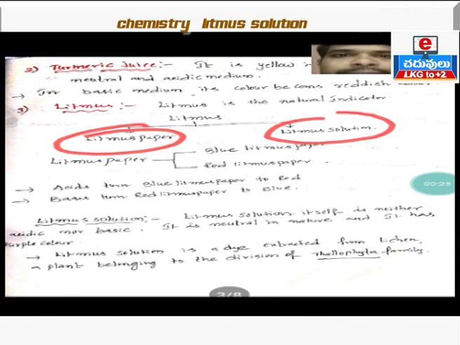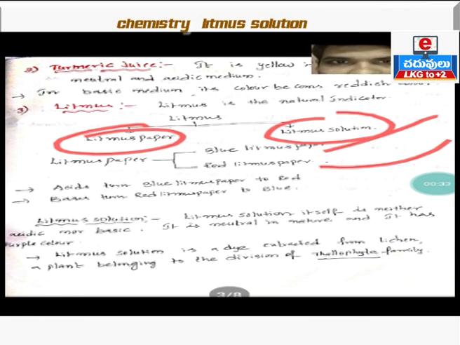And litmus paper can be made into two types. They are blue litmus paper and red litmus paper. Litmus paper is classified into two different types, blue litmus paper and red litmus paper. We use both blue litmus paper and red litmus paper to find out the nature of the chemical compound. Clear? And here acids, generally you all know that in previous class, in lower classes you have studied acids